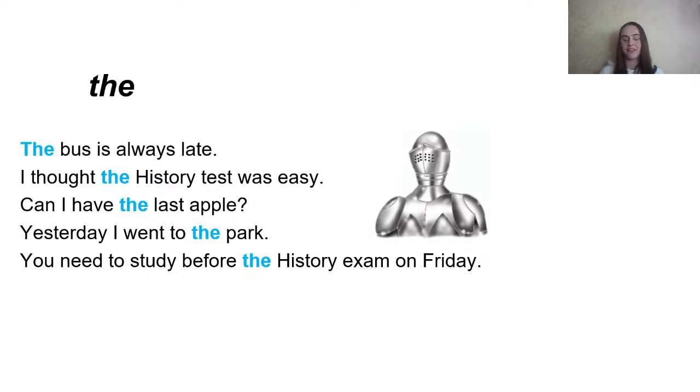about the definite article the, mostly we talk about something for the second time. So we already know what we are talking about, like we mentioned this thing for the second time. This is a definite thing. One more thing, the equals this, right? This, that. While a equals one, the equals that. So you realize what you're talking about. The bus is always late. You know what bus you're talking about, right? It's not an indefinite thing to you, but a definite one.